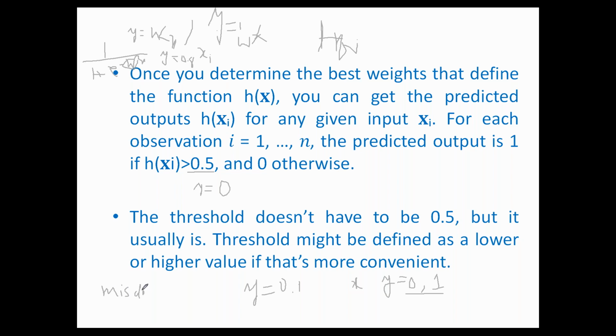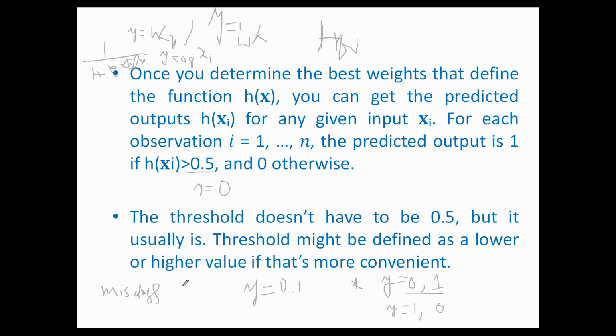That means for an input, if you have to get the 0 and you are getting 1, that is a classification error. Similarly, for some x, if you have to get the 1 but after training you are getting 0, that is also a classification error. Where you have to get the 0 and you get 1, or you have to get 1 and you get 0, that is error.